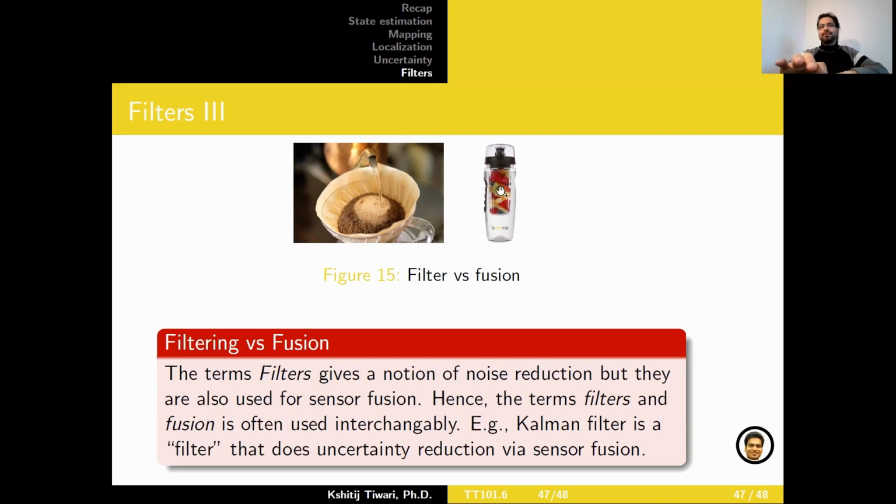But you're trying to combine all of this by minimizing the impact of noise any one particular sensor would have on this fusion. Right. So let's say there is a typical kind of fruit that you don't like so much. Maybe the taste is too sour, etc. But if you have a combination of different fruits, and that fruit that you don't like has a lot of good vitamins and minerals in there, you can still have that, with the water. But the other fruits are going to dilute the effect that one particular fruit has on the entire flavor. So that's the